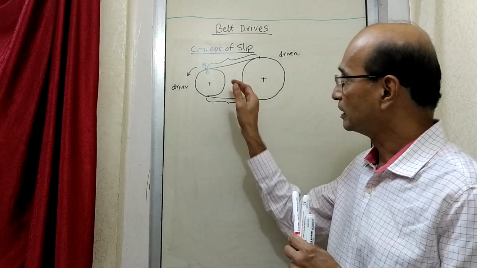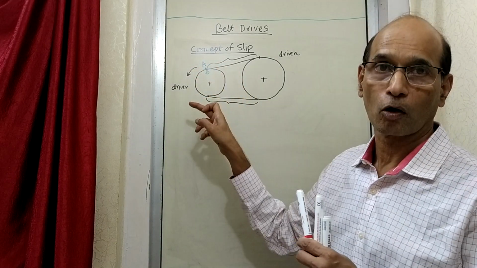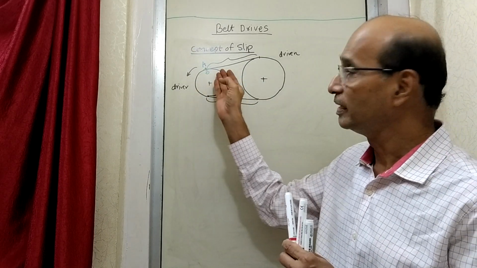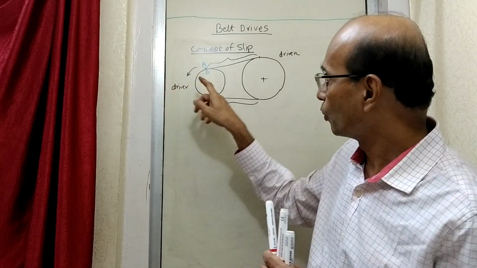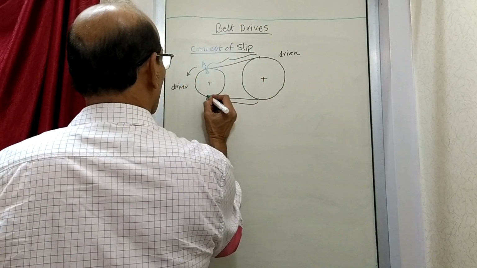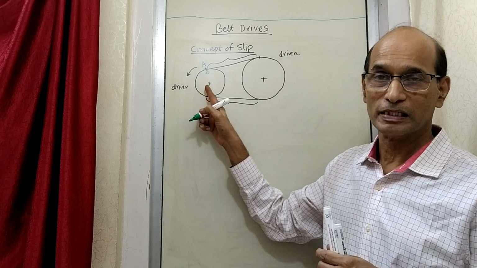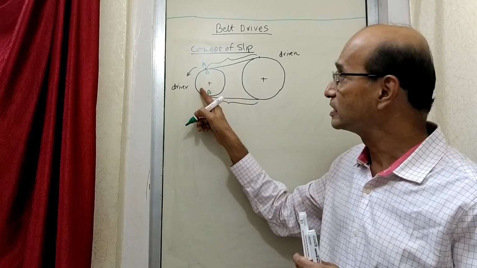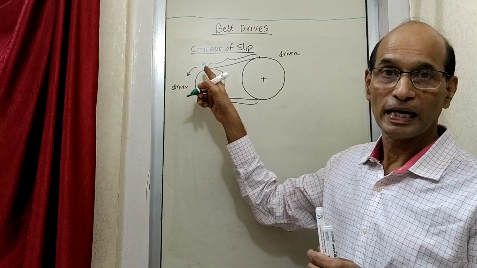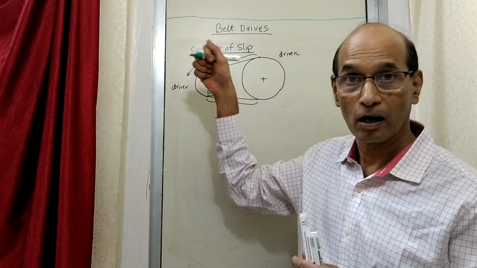Now see what happens. There is a rotation. When the rotation takes place, the belt is moving forward, and B is moving forward. B is on the driver pulley, so the pulley is rotating, and because the pulley is rotating, it is taking the belt along with it. When B, a point on the pulley, reaches here, that rotation is given to the belt, so the belt is also pulled. So B is taking A with it. When B moves forward, it is taking A along with it.